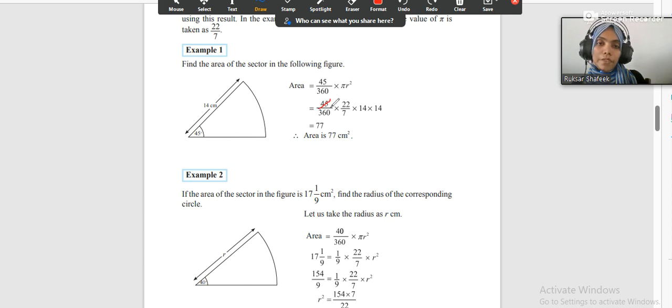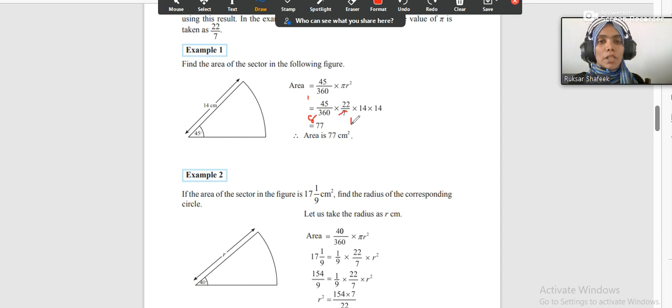We can divide 45 and 360 by 9. So 9 times 5 is 45, and 9 times 4 is 36. So we write 4, and since we have a 0, we put that, so 40. 5 and 40 we can divide by 5, so 5 times 1 and 5 times 8. So that's a simplification. Now we have the fraction as 1 over 8,